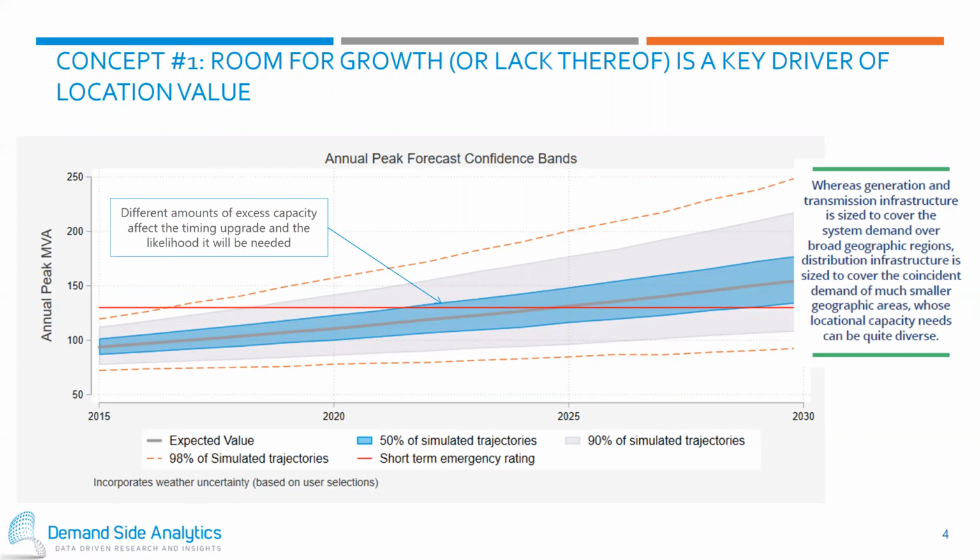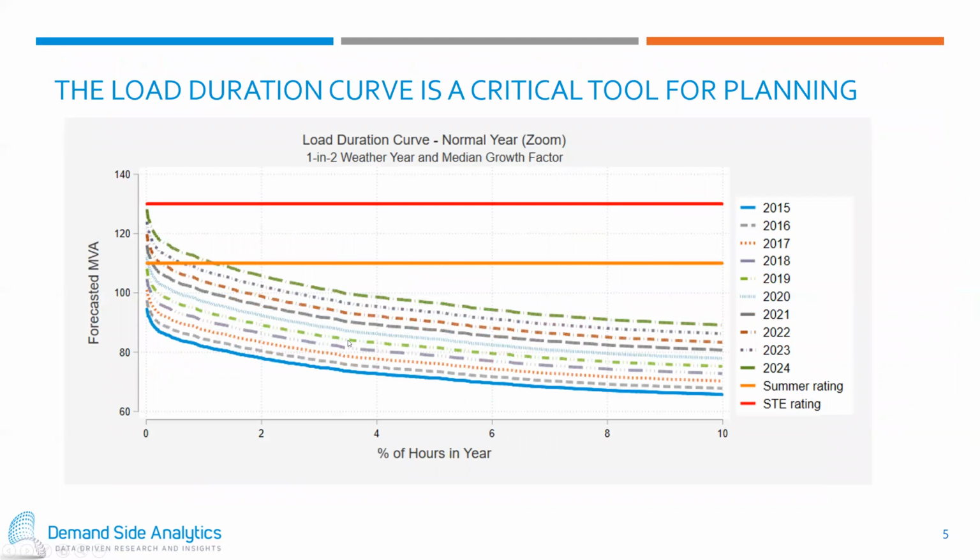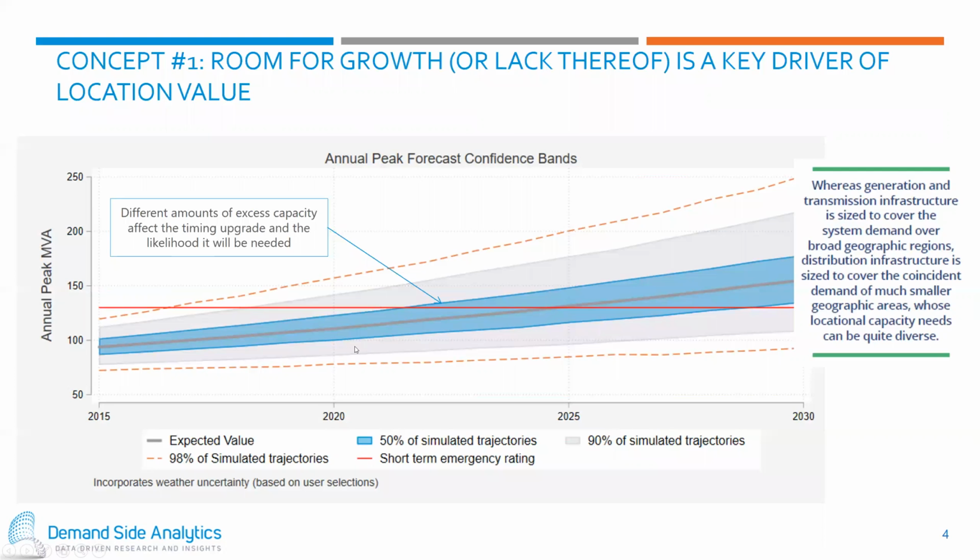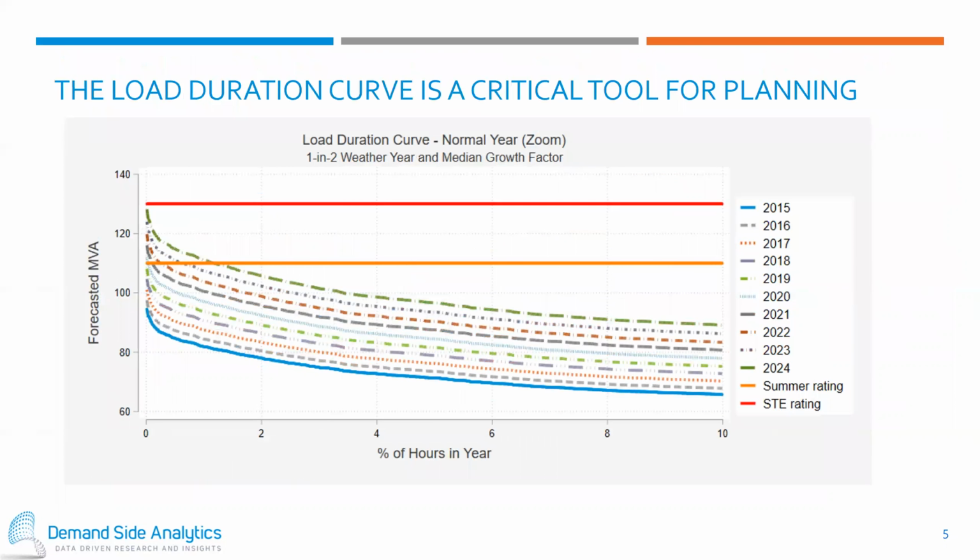The more room you have, the further out into the future you're likely to have that upgrade. So it affects really the timing quite substantially. The second key component to doing well for growth is really taking a look at the load duration